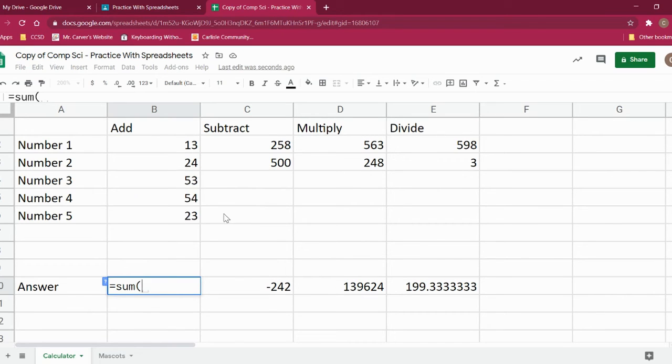I'm going to get rid of this thing. So equals, find the sum of, and we're going to say a bunch of cells. Now to find the cells, I'm going to take my mouse, click and drag all of the cells that I want to add. I want to add from this cell all the way down to this cell. Notice how this autofills and says B2 colon B6,